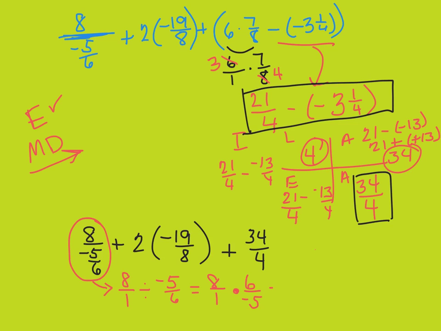So keep the top with the top, 8 times 6 is 48, and bottom with the bottom, 1 times negative 5, of course this is negative 5. It does not matter where that negative is, whether you keep it on the top, the bottom, or right in the middle. So now I am going to go on to my next page to rewrite this so that we